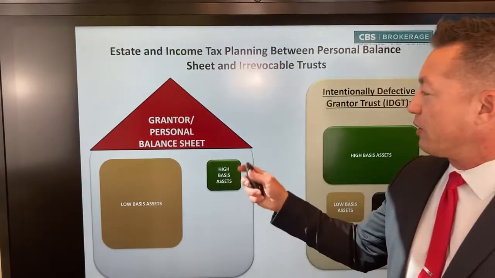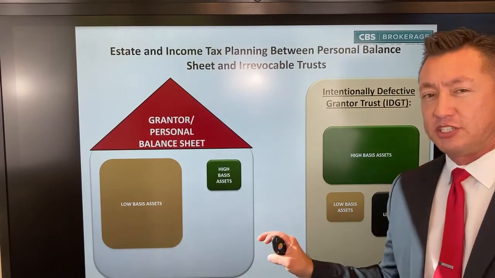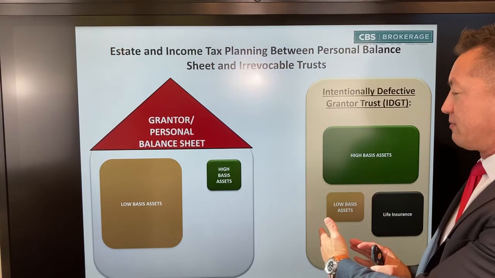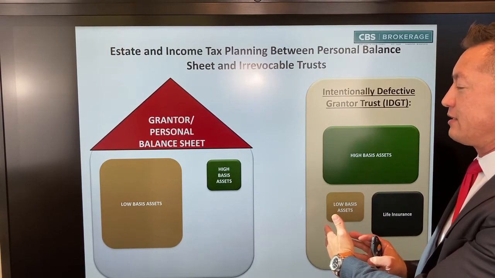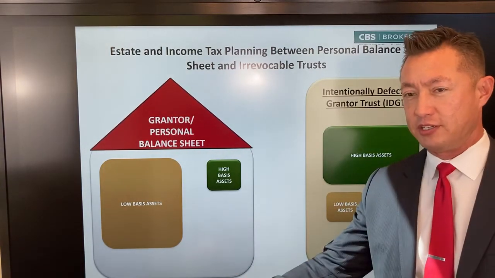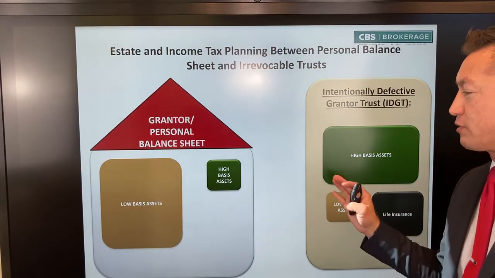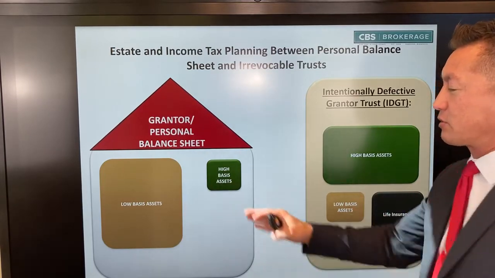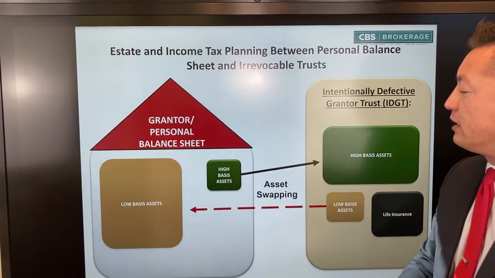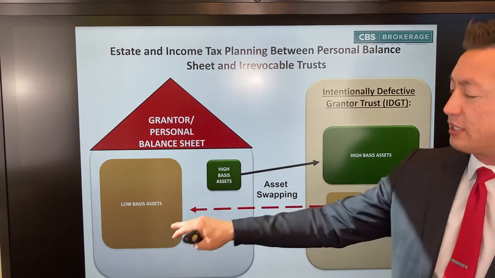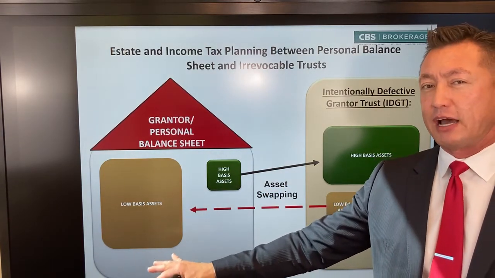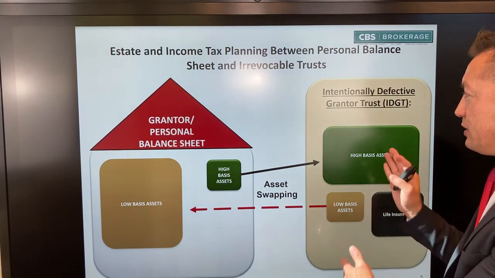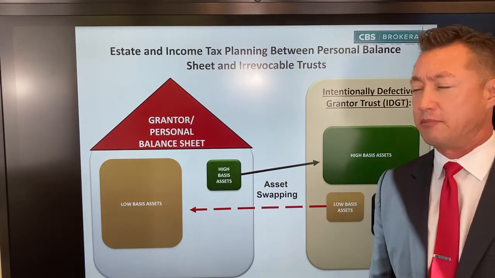And finally, we want to make sure that to the extent we establish these intentionally defective grantor trusts, ideally assets held in trust would be high basis assets, and low basis assets would be held on the balance sheet. So oftentimes when assets are sold to the trust, it might be a business interest, which is low basis, but over time, as things were sold on the balance sheet, you might want to swap them out. And so, that gets us to capture the step up in basis that would happen on assets on the personal balance sheet versus the capital gains that would be subject to in the irrevocable trust at some point.